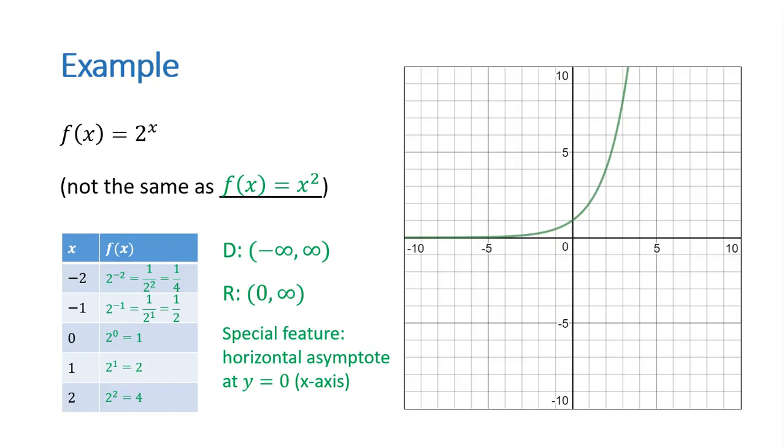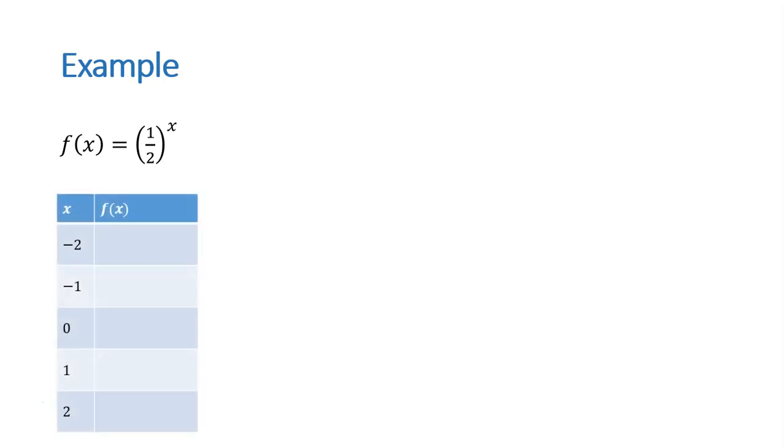So 0 is an endpoint, but it's a non-included endpoint for our range. Let's look at another example. So now our function is f of x is equal to 1/2 to the x. So now we're taking a base that's the reciprocal of the original base we started with. So we're going to graph this the same way. We're going to plug in selected inputs and figure out what the corresponding output is, and then we'll plot the